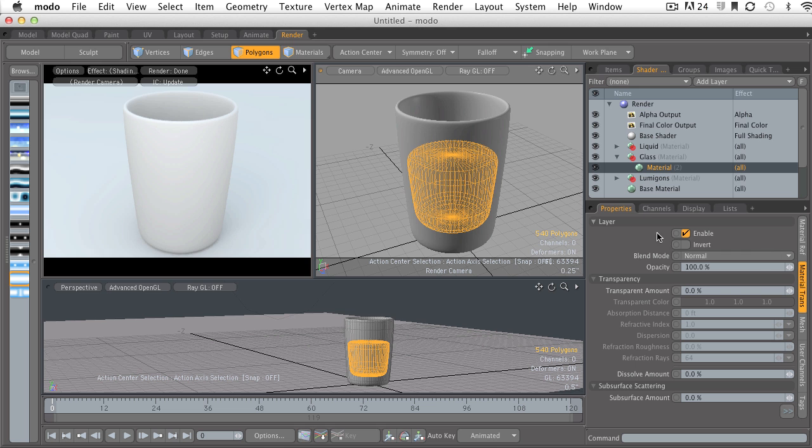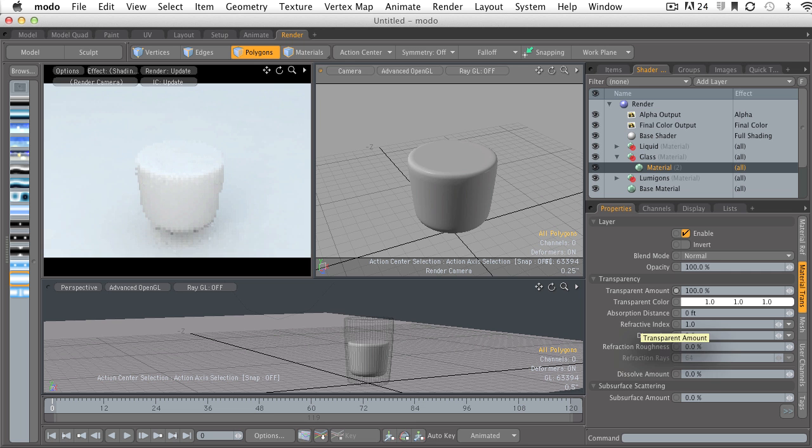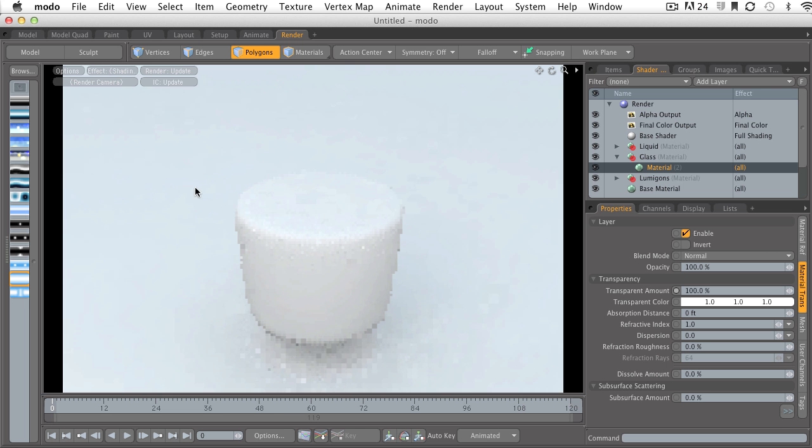There's mine. So what we want to focus our attention on is the transparent amount. This guy right here. This channel is where we're going to be doing the lion's share of the work. Okay. So we want this particular material to be transparent. So we're going to increase the transparent amount to 100%. Now immediately, as you can see over here, and let me just make my preview window much bigger. I'm going to hit the 0 key on my number pad to maximize it. There we go. As you can see, my glass is completely transparent,